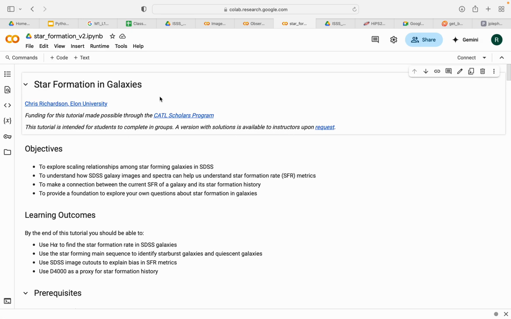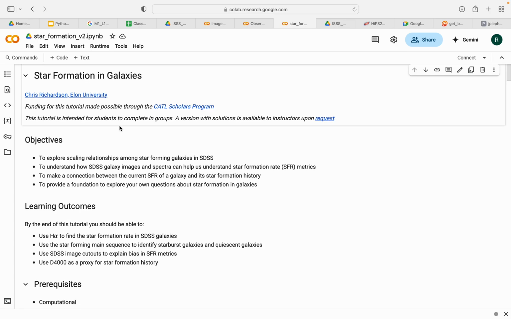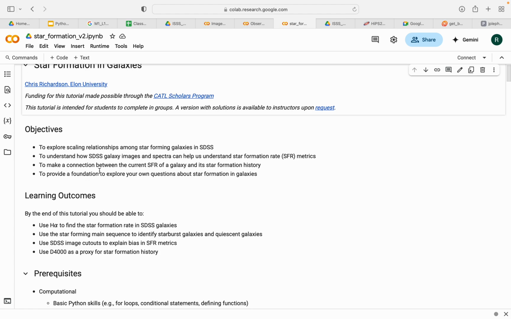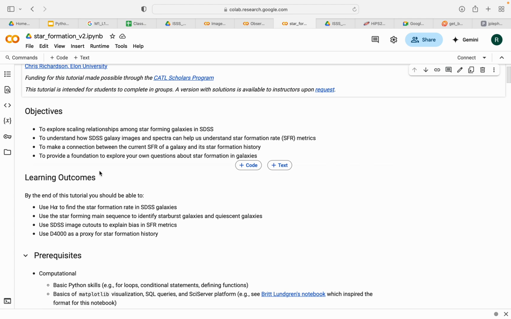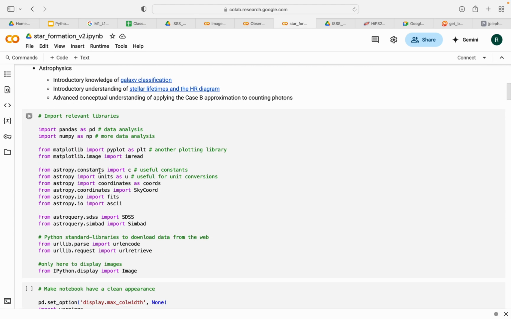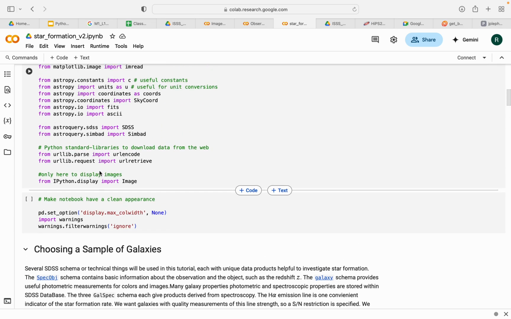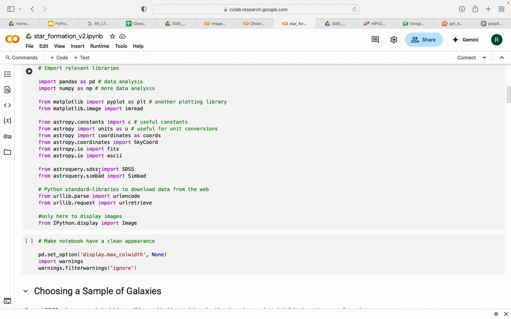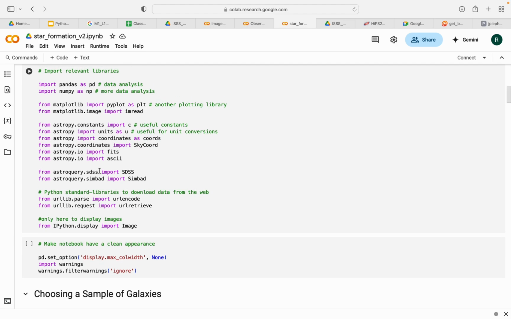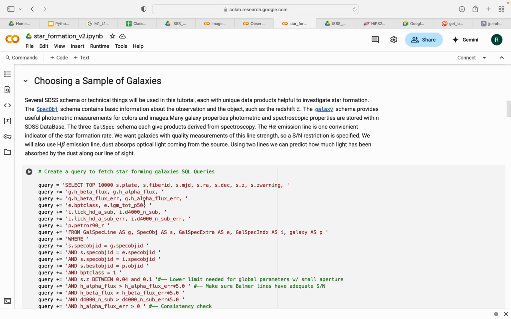So the original version of this code is taken from this link, and the main key objectives are to explore the scaling relationship among the star forming galaxies. The first objective for today's code is accessing the astronomical datasets. For accessing any astronomical datasets, you can use the Astroquery package, one basic package for querying datasets,